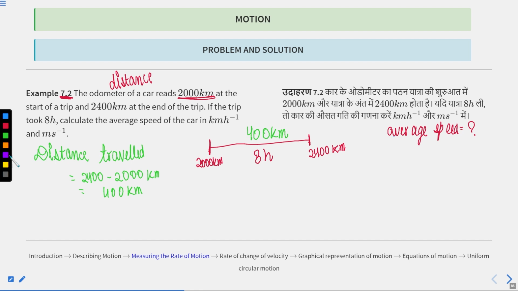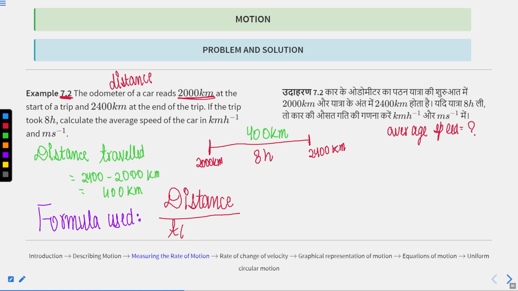What will be the formula used? The formula used is distance divided by time. If we want to calculate average velocity speed, or total distance divided by total time taken,